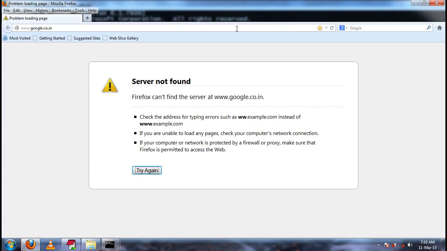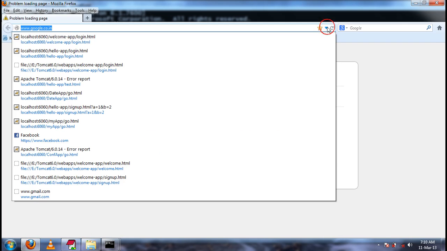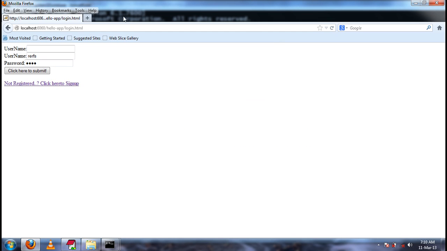Let me access the application. There are two username fields. Let me enter Ravi, Rajesh, 123. Now if I click on submit,